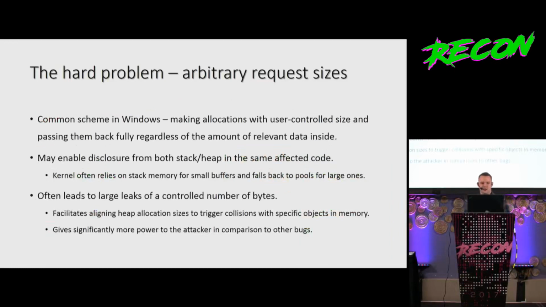As I said, it's common in Windows to make allocations with user-controlled sizes and pass them back as a whole. What's interesting is that it may enable the disclosure from both stack and heap in the same affected code, because Windows often uses an optimization. It uses a stack buffer for small requests, and it only falls back on pool allocations for larger ones. It often leads to large leaks with a controlled number of bytes. And what's even worse is that the user can actually choose the number of bytes that are allocated, so he can align the size to be able to collide with some interesting freed objects in the pools and disclose something